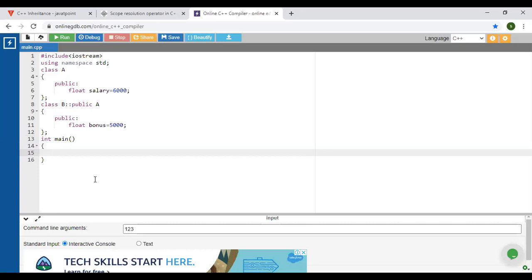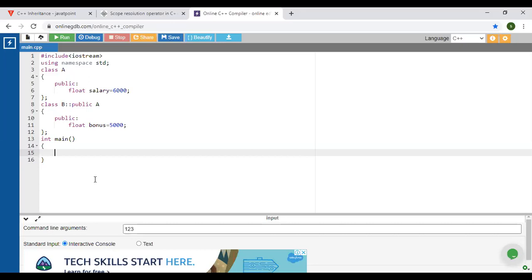Suppose we have to access both the members, or display both the members inside the main. By which object are you going to access both the members?